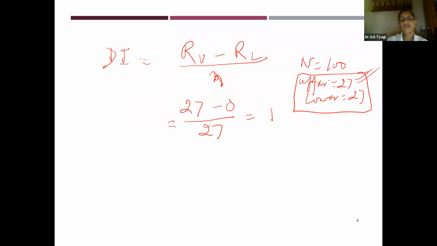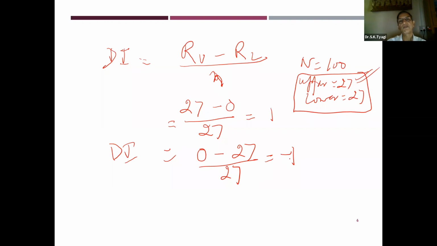Now let us see another situation where this is reversed. Right responses in the upper ability group are 0 and right responses in the lower ability group are 27. So this is -1. Now this is a very strange situation: none of the students who are high achievers is able to do this correctly, but everyone in the lower group is doing it correctly. So there is something wrong with the item.